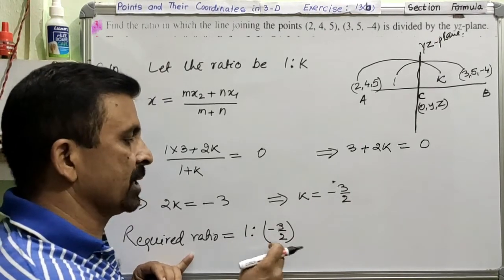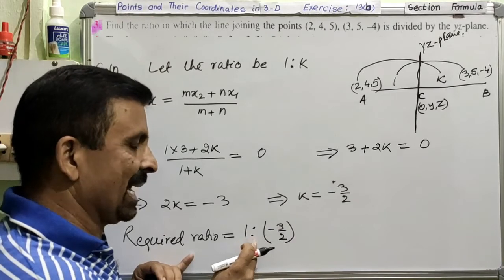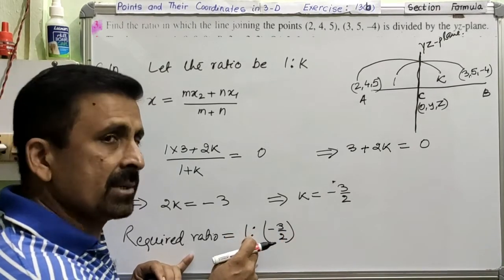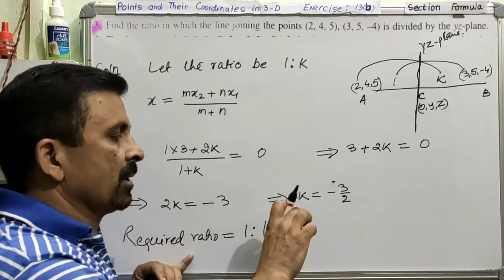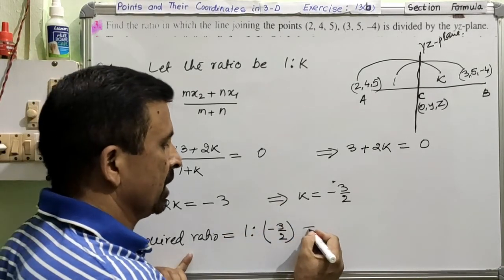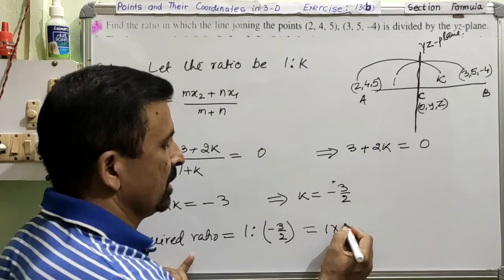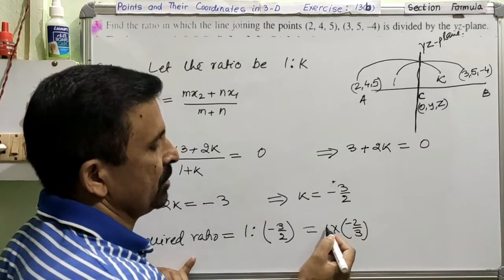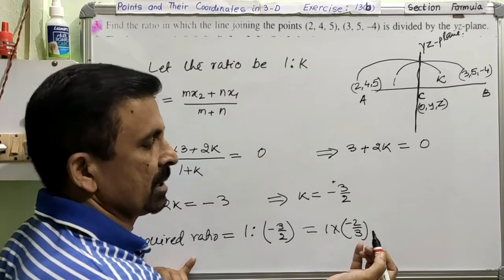So if any one of these two is a fraction, we will take this as the division sign and we will change this division into multiplication. When you change this division into multiplication, this number will go upside down, and therefore it comes as 1 into negative 2 over 3. Clear? Now simplify. You can multiply this 1 by negative 2, so it will remain as it is only.